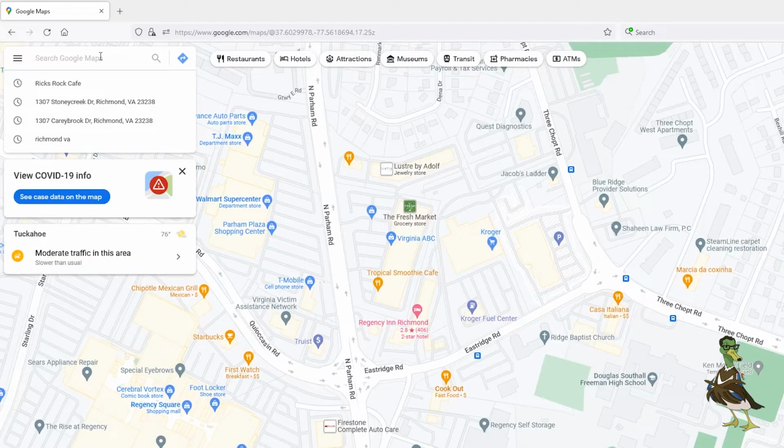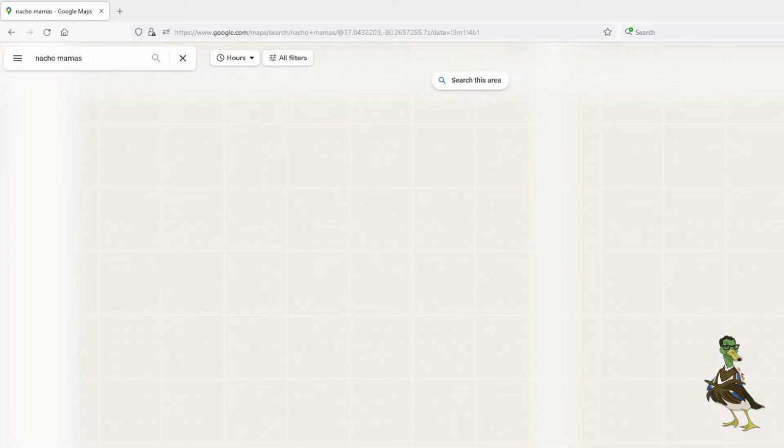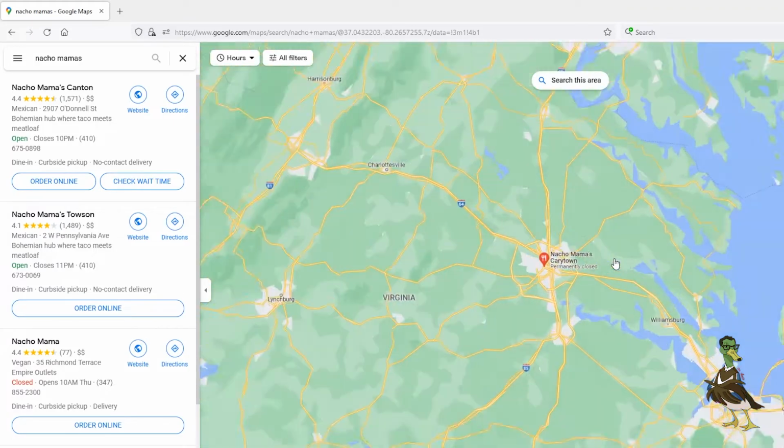So once this list is fine-tuned, I will actually map it in and pick the efficient route. This isn't the order I'm going in things. Next, Nacho Mamas. A favorite hangout and suspected heavy expense for George. Oh, it took me to the...